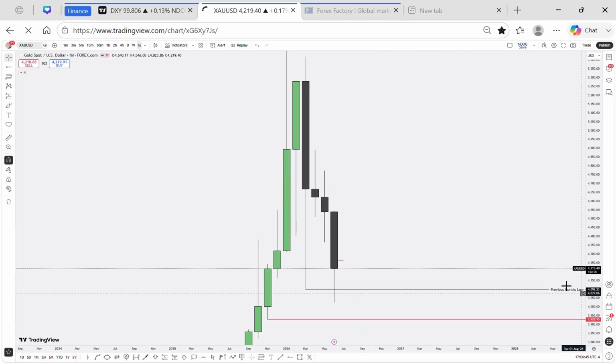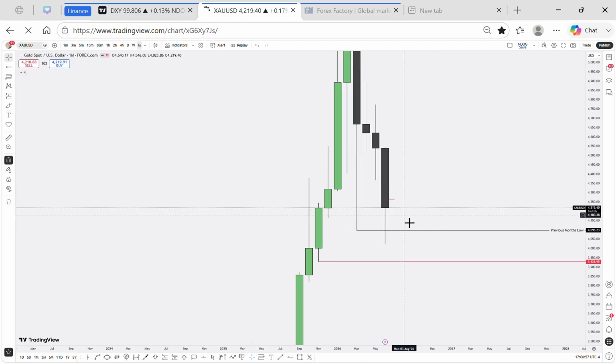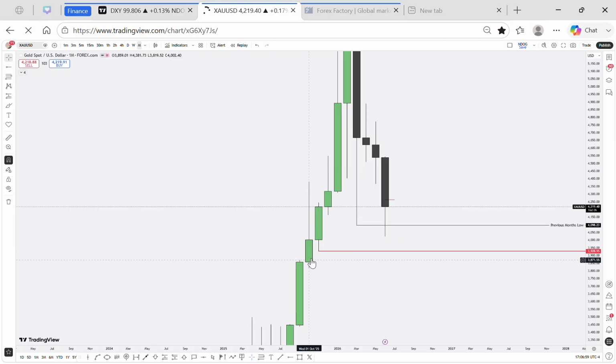Now, on the monthly chart, we took out the low of March, swept the low of March, and failed to close below it, showing some signs of rejection. Also, we have a monthly favorable gap to the downside, which might be a draw on liquidity going into this month. Remember I told you guys I was going to be very expansive this month. I'd want to see huge candles, and I was bearish on the monthly basis on gold. I made that clear. So we might keep on seeing price trading lower, probably to this favorable gap right here on the monthly.